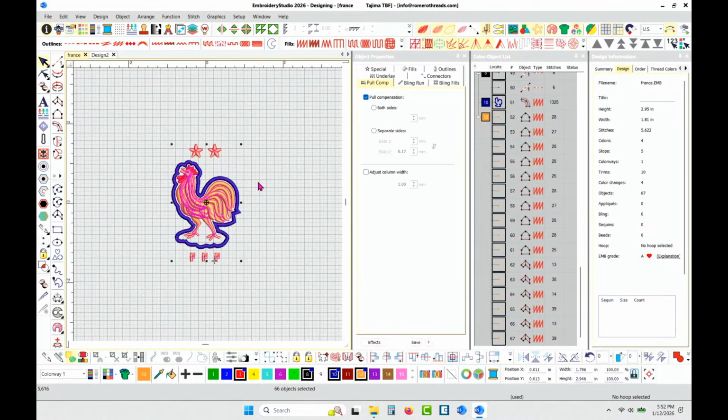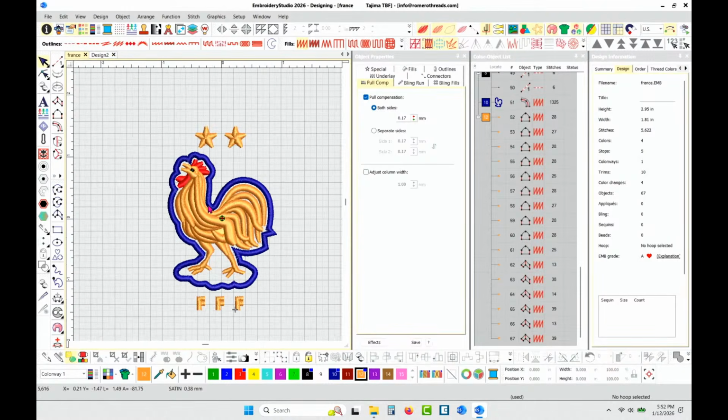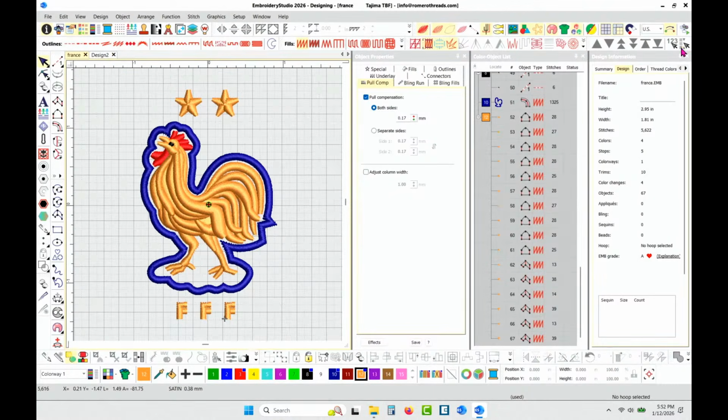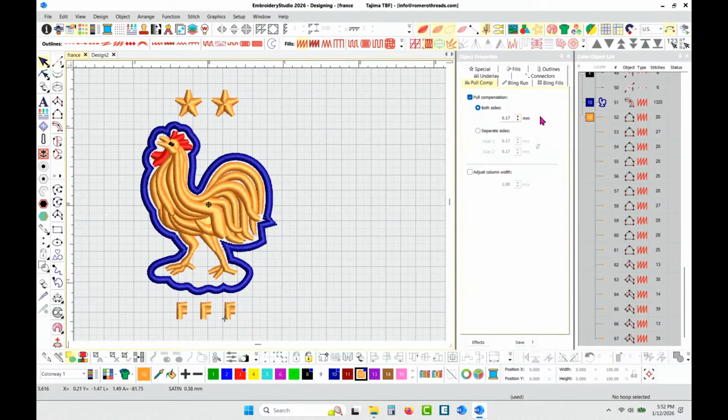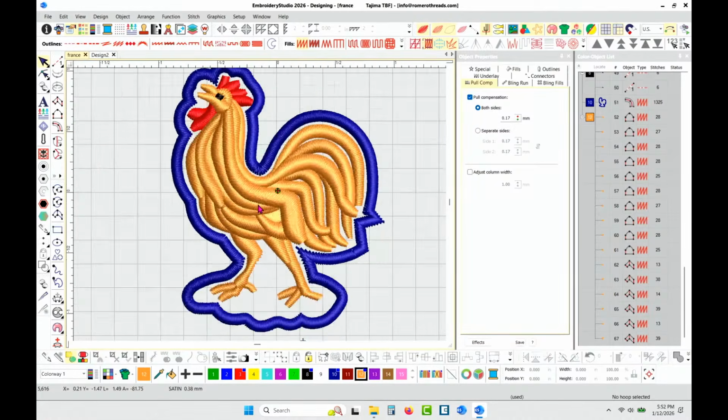Super polo shirt friendly or garment friendly. All right, let me push play, and let's see this sequence, because that's really what I want you guys to take away from today: what sequence did I go with, right? But you could see